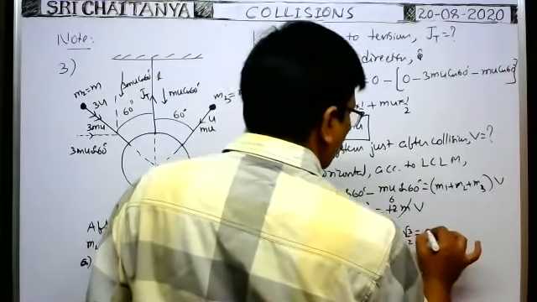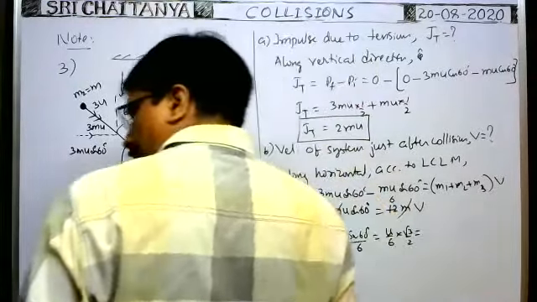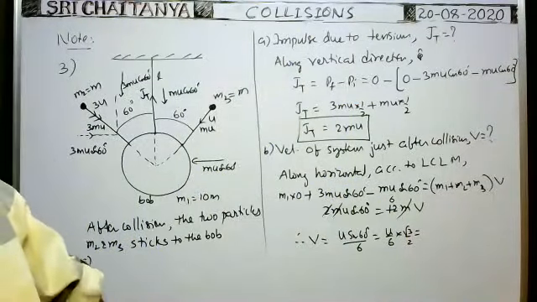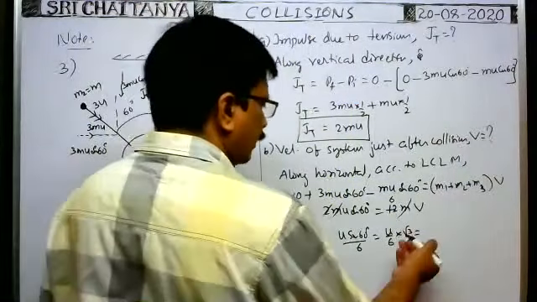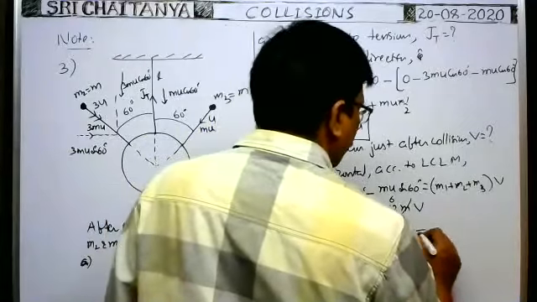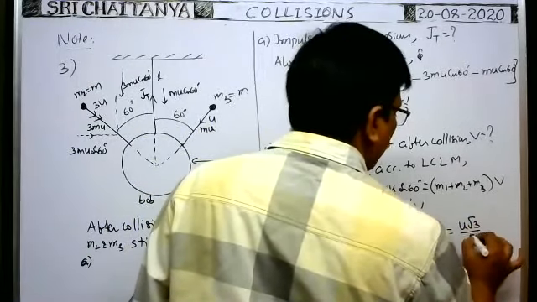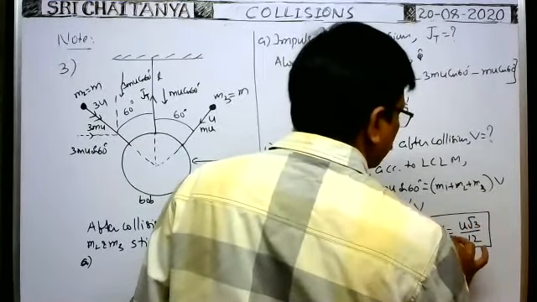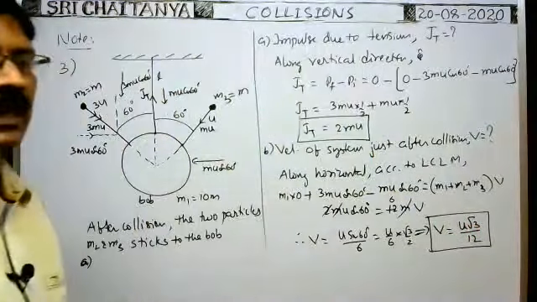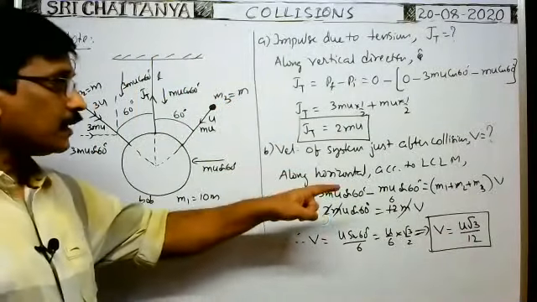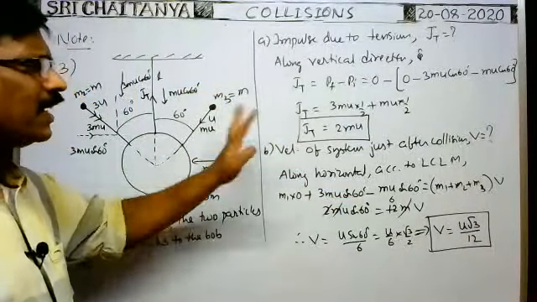That is equal to, how can we write? The answer is given as u root 3 by 12. Yes, directly it is given like this. That implies v is equal to u root 3 by 12. Answer is given like this only. So of course, it is the velocity of the system immediately after collision.